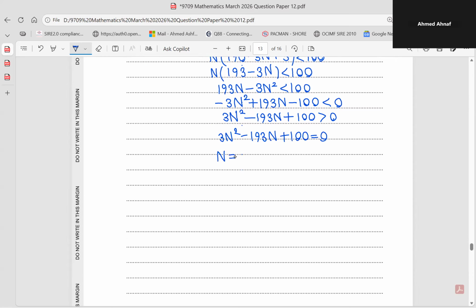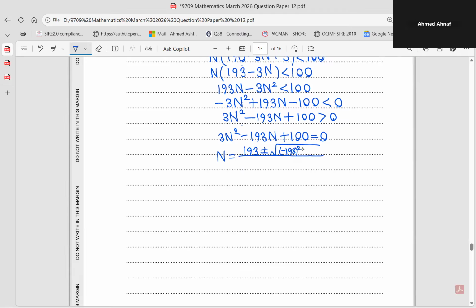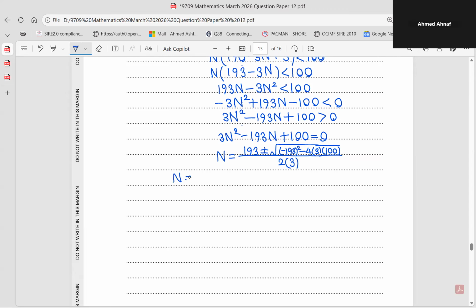So just use the quadratic formula. n is minus b, which is minus negative 193, so just 193 plus or minus the square root of b squared, which is negative 193 squared, minus 4 times a, where a is 3, and then c, which is 100, over 2 times a, which is 3. So this gives us critical values of